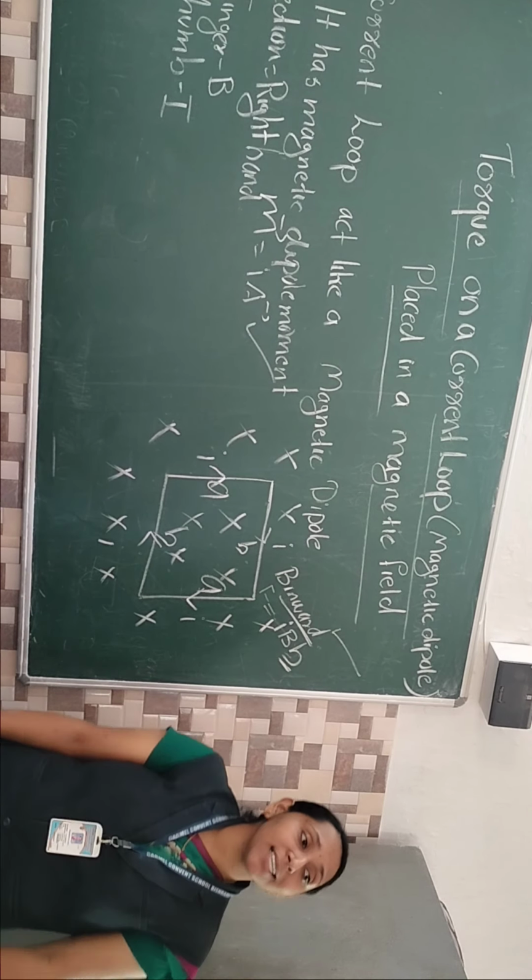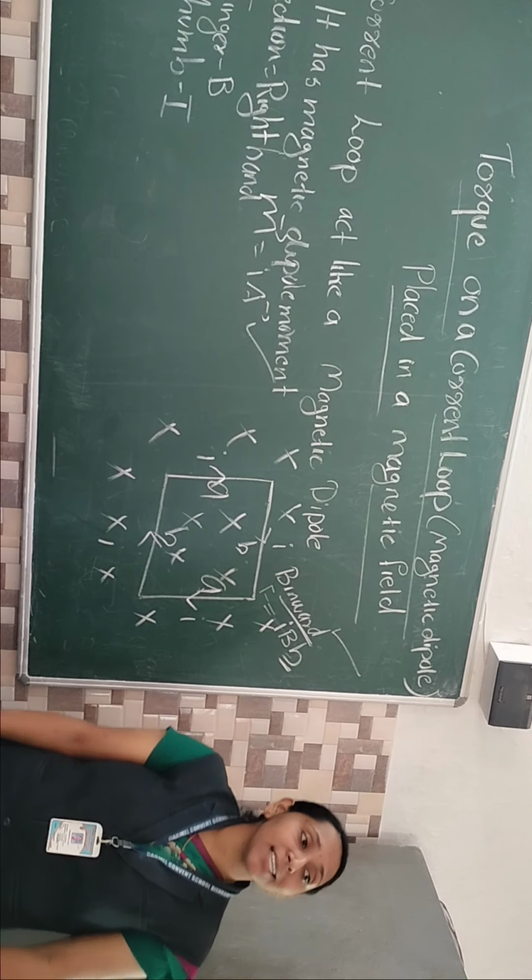How to find out the direction? Because force is a vector quantity. Clear everyone? To find out the force direction, which rule is used? Fleming's left hand rule, otherwise the palm rule. Clear everyone? I am using the palm rule, that is a little easier. I am taking current in this direction. Am I right? Magnetic field inward. So in the palm rule, this is current, this is magnetic field, and the palm is the direction of force.